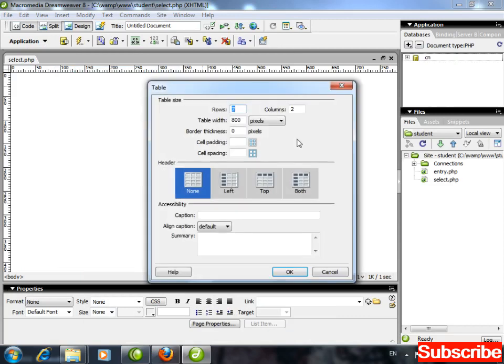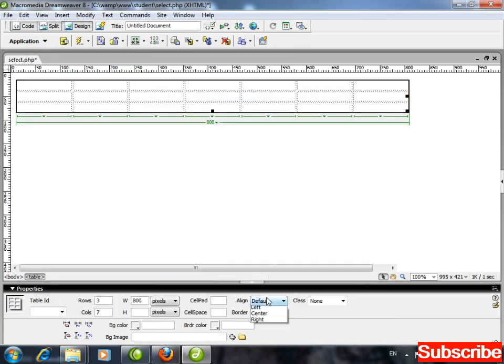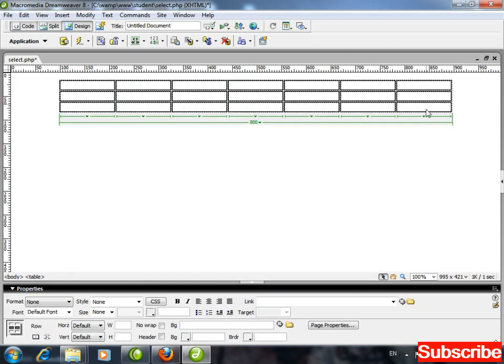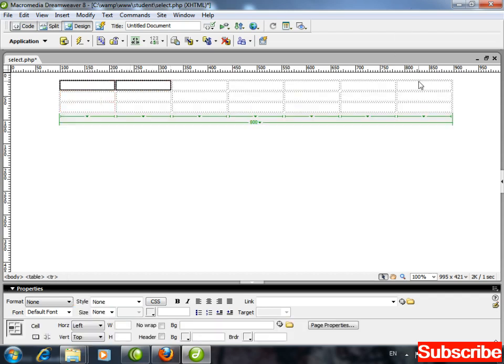Insert table, mention 3 rows here, and how many columns? 7 columns. And table width, let's say 800 is fine. Click on OK. Table already selected. Alignment, center. All rows, all cells selected. Horizontal alignment left, vertical alignment top. First row as a whole selected. Merge and alignment center.